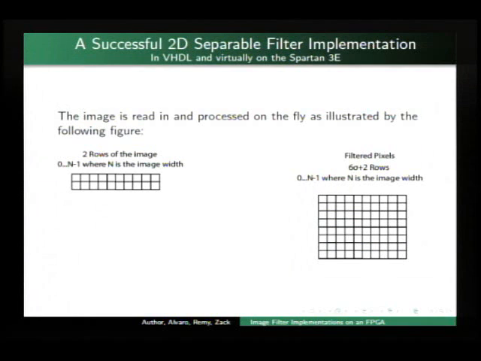Yeah. So this was our first implementation of a 2D Gaussian filter on an image. And for testing purposes, we've used 10 by 10s and 20 by 20s. But basically, we have two FIFOs, one of them being 2 rows for the,